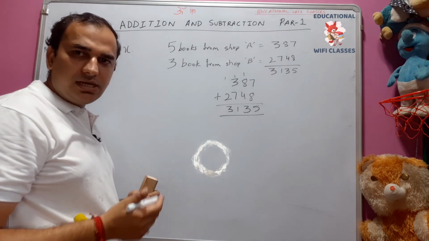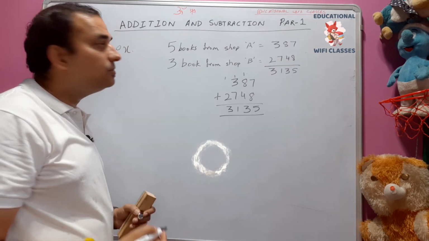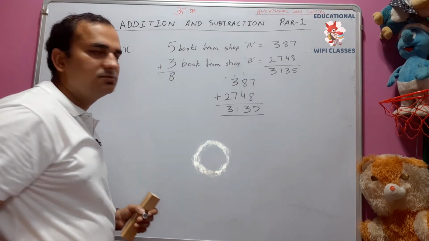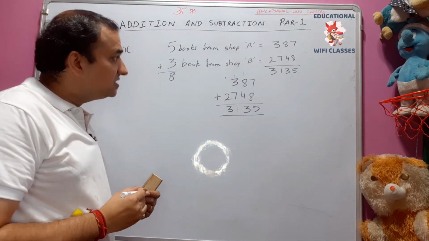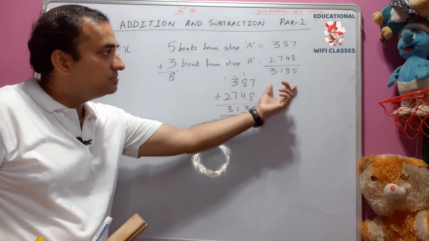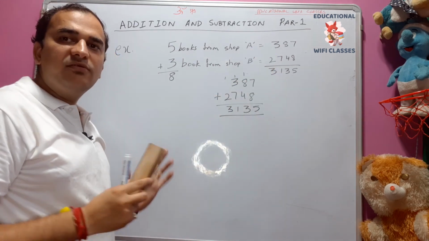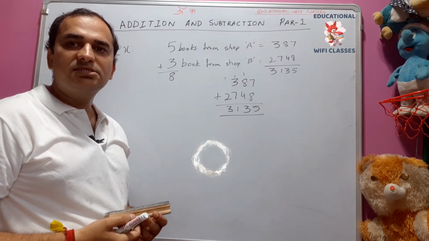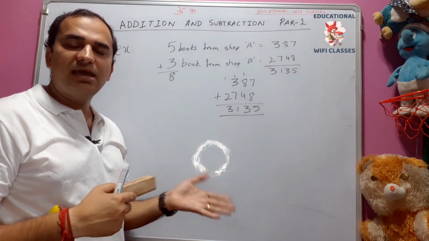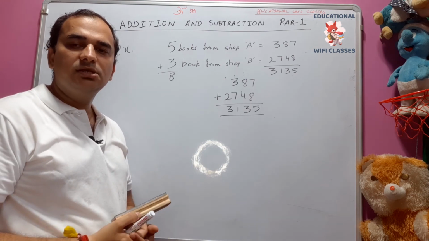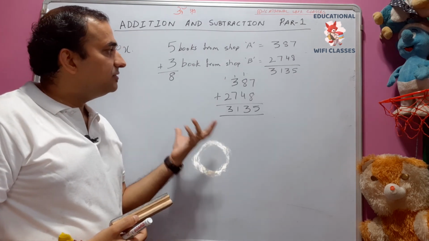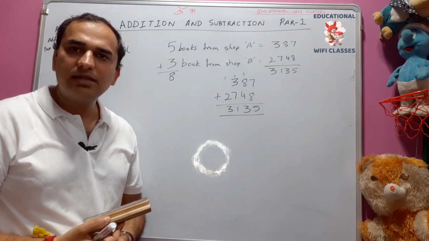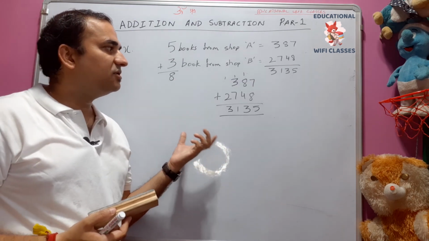And on the other hand, if someone asks you how many books you bought, you will just add these two. 5 plus 3 is equal to 8. This is the way you get the sum by adding the addends. We will study this in detail after we finish subtraction, where we will study some word problems and move around addition and subtraction together. But in the meantime, you need to practice. Take some random numbers and try to add them and get the right answer.